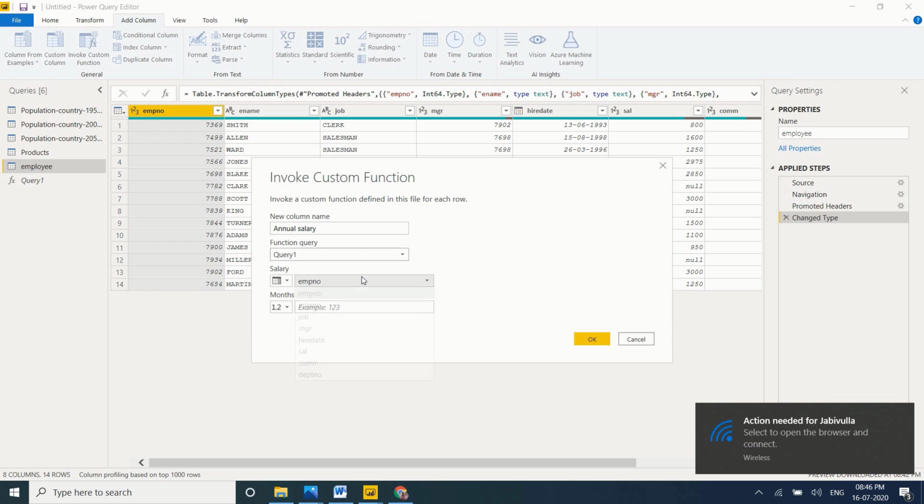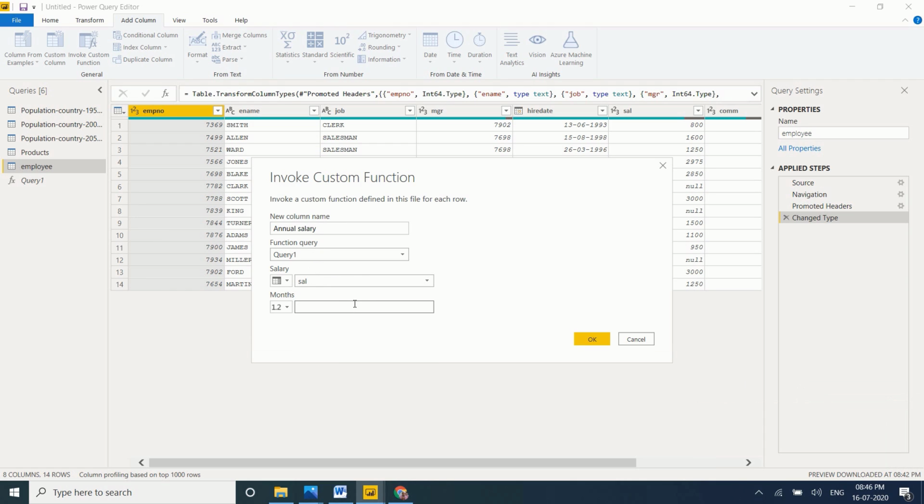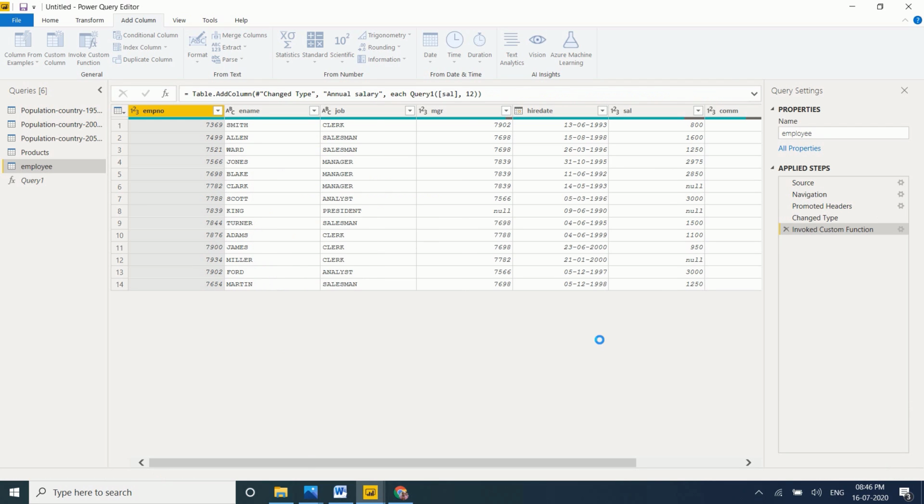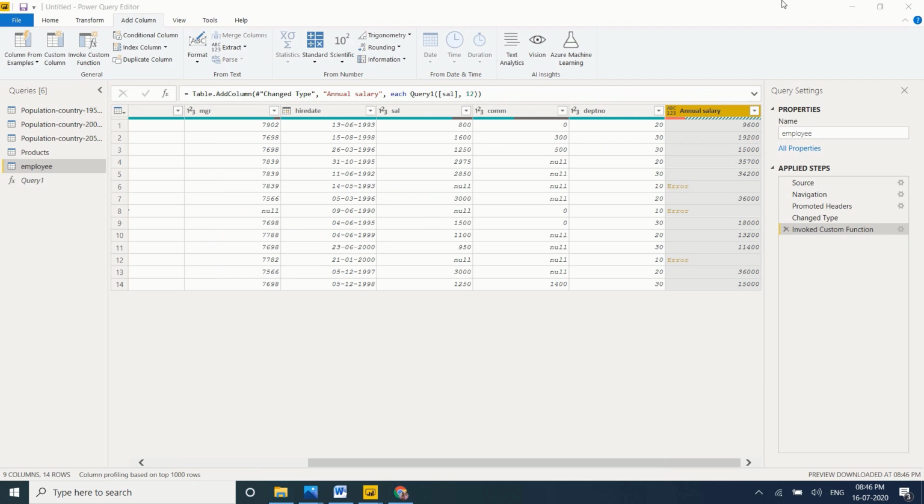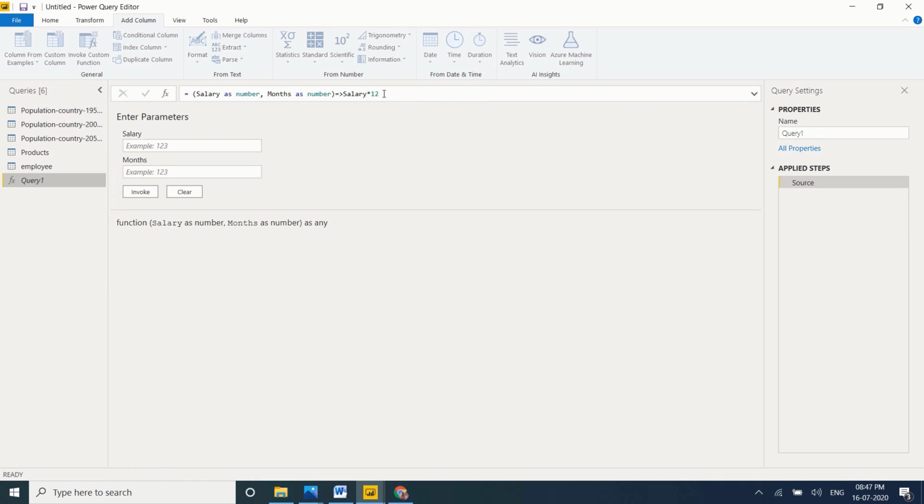Now select the salary column, give an example: salary into 12 is created based on our query. In the query I gave salary into 12, that's the reason it took salary into 12. So if I change salary into 3 months, it will calculate monthly salary into 3 times.